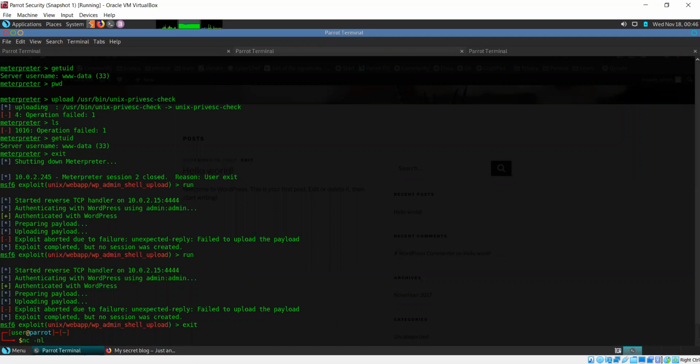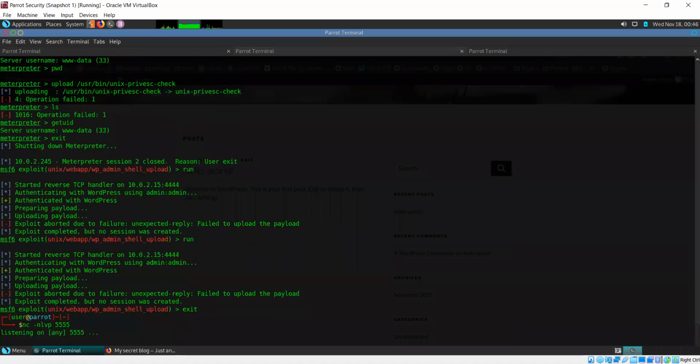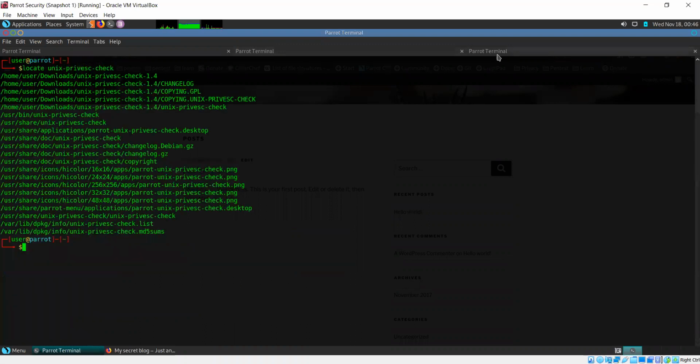Hyphen L because I want it to listen on that port, not connect to another device. V because I want my connection to be verbose, so I need it to give me some details. And P to specify the port number. The port number that we mentioned there was 5555. That is what we are going to use. So listening on any 5555. That means it's listening on port 5555 for a connection using any incoming protocol, TCP, UDP, whatever you are using.